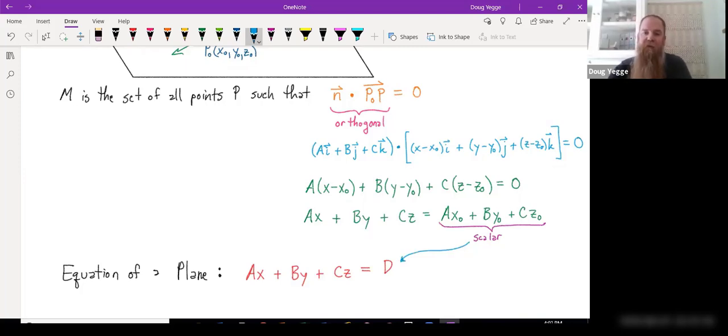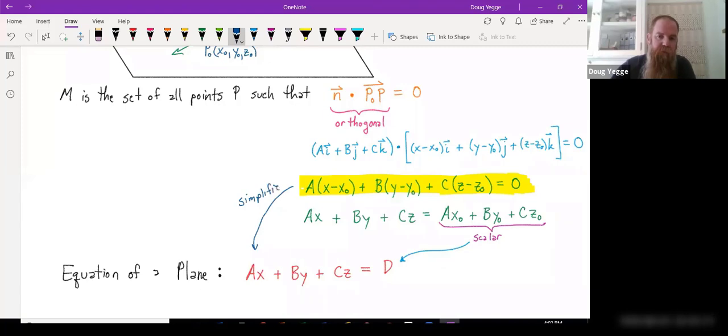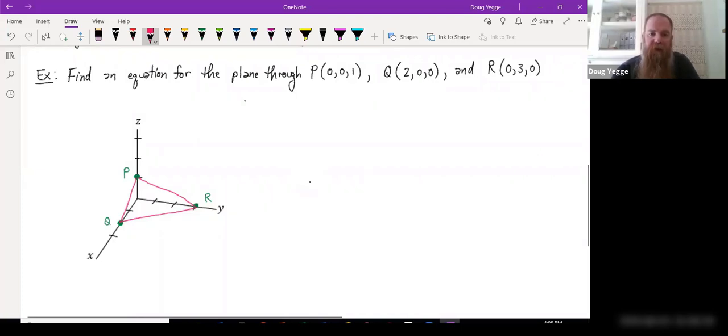So in practice, this form is typically the form that we would use in order to create the equation of the plane. Okay? But it simplifies to this. And there we have it. So that's what we're going to use in order to come up with the equation of a plane. So looking at our first example, what if we were given 3 random points in space